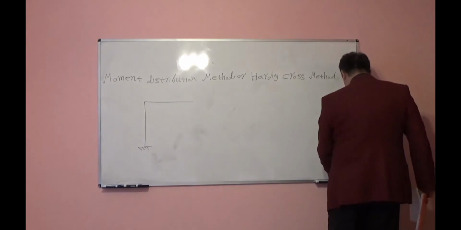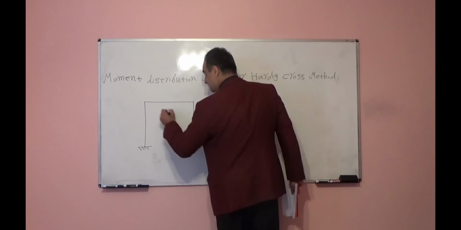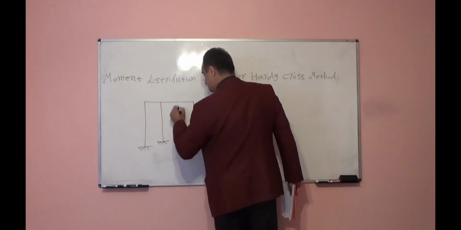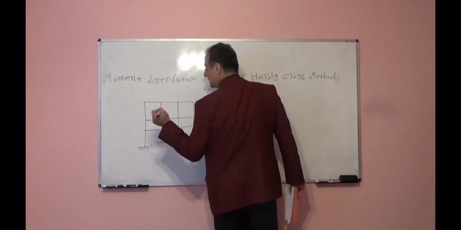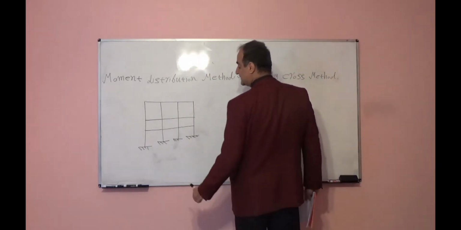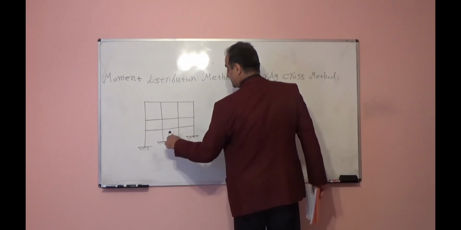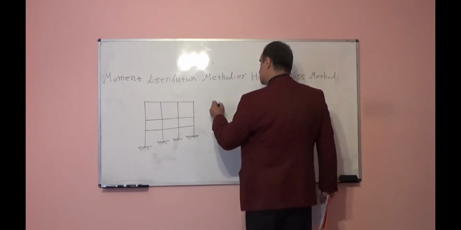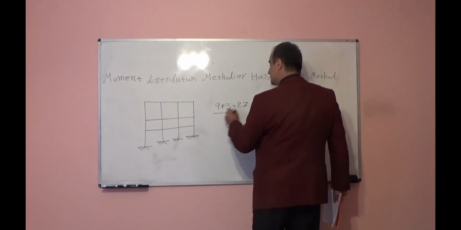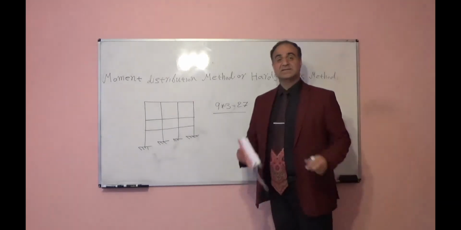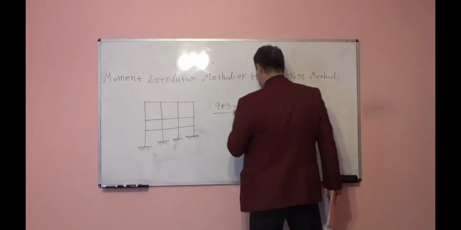But if we have a frame something like this, as an example, a multi-story building. For example, here, how many degrees is indeterminate? 1, 2, 3, 4, 5, 6, 7, 8, 9. 9 times 3, 27 degrees. This system is indeterminate, or if we look at the degree of freedom, so